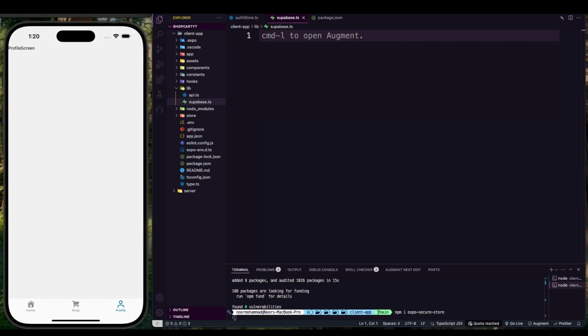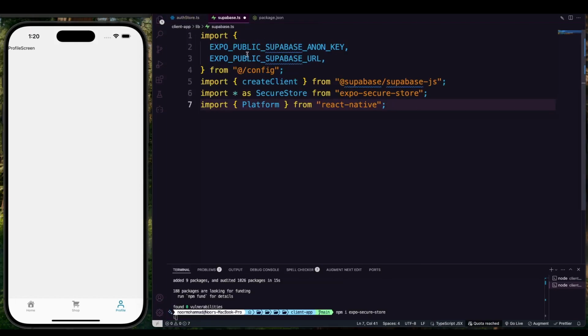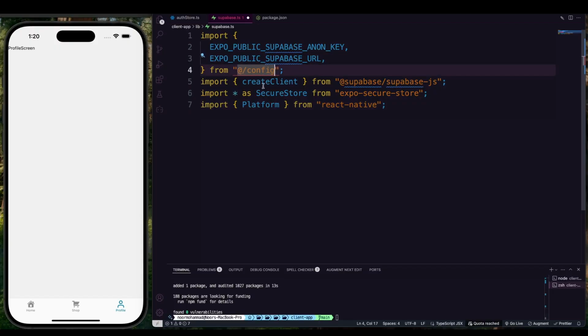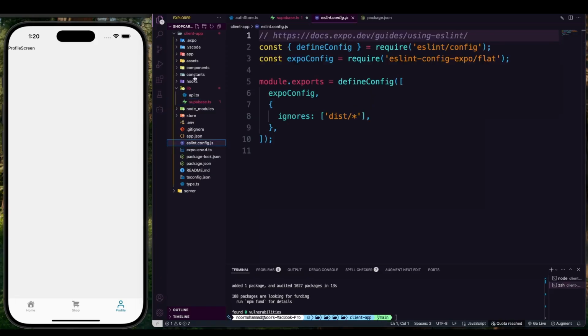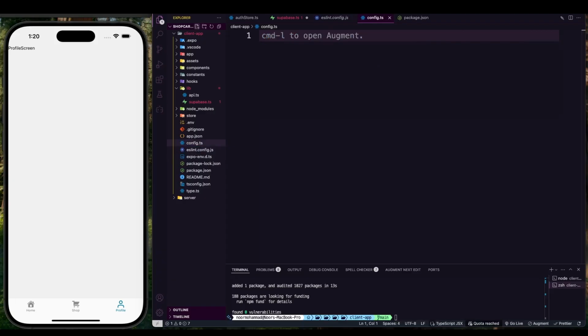So overall here we need to capture this mass parameter. So we need to import our Expo public Supabase anon key, which is going to come from the config. And remember, we didn't create a config file, we just captured one .env file, because we can grab that .env file also, but I love to use a config parameter by which we can easily pass the parameter in a very adaptable manner. So I will just create a config.ts file, because it will just work like multiple